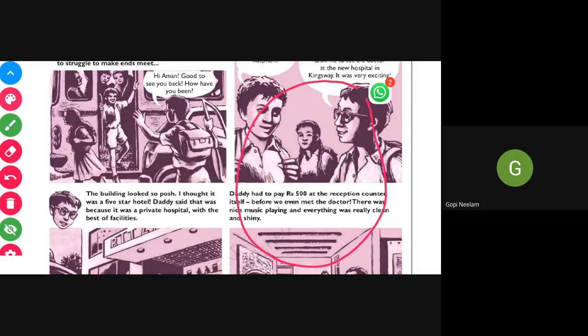When Aman and Ranjan sat together and discussed what happened when they went to the hospital, Ranjan said it was a very nice hospital, but they gave a lot of medicine. But Aman said the hospital was not nice, but they did not give a lot of medicine, and it was very low cost. That is the very basic difference between a private hospital and a government hospital, and the kind of problems we have to face.